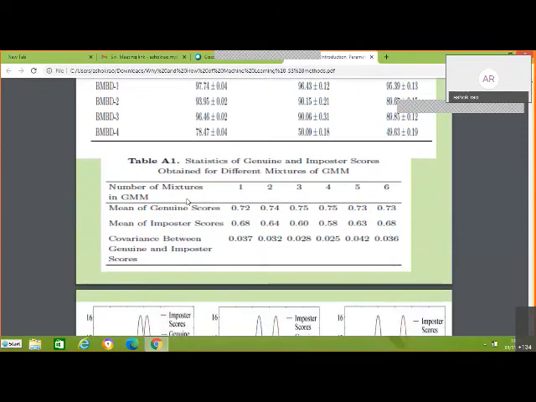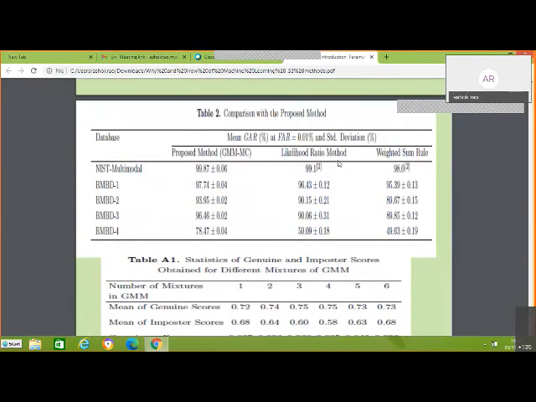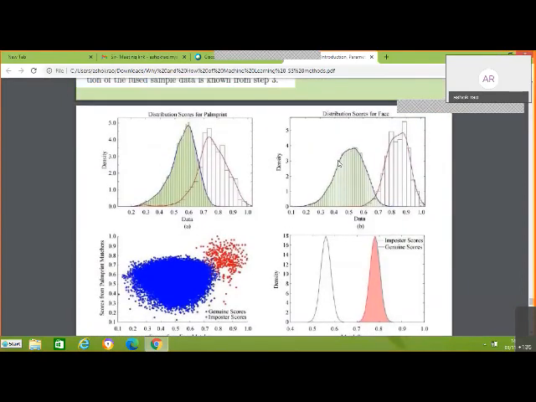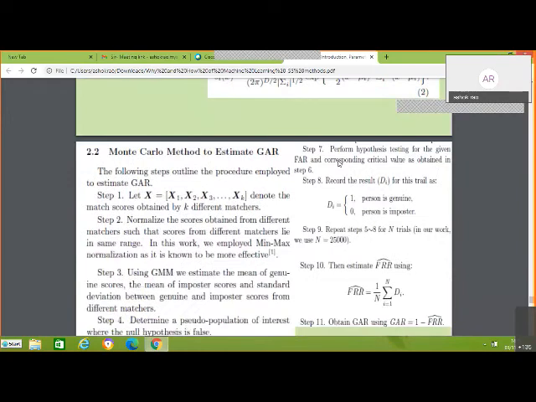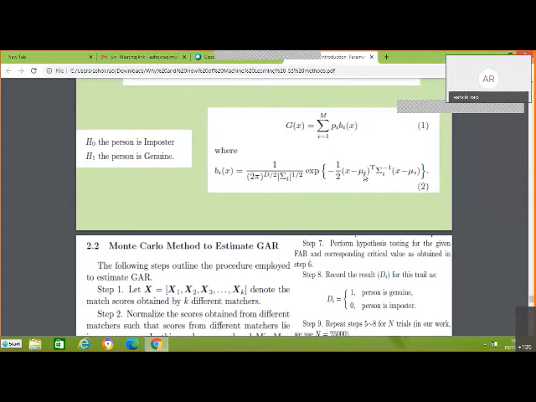You see here, I want a mixture model, and I use an expectation maximization algorithm to get these genuine and imposter scores. I want the mean and variance, mu and sigma_i, for each mixture, for i equal to 1, 2, 3, 4, depending on the number of mixtures. I have to evaluate the mean and variance of each Gaussian and take the combination of that.